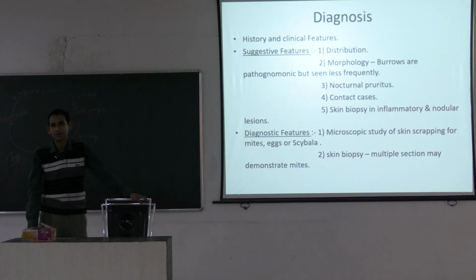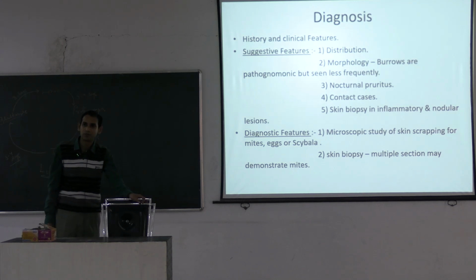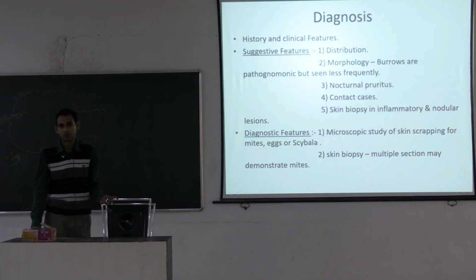Most of the cases are diagnosed by the history, clinical examination and classical distribution of the lesions. So, history and clinical examination are the most important aspects, and by the distribution of the lesions we can diagnose scabies. If you think of it, how will you diagnose it? The two most important points in the history are, number one, when the pruritus is occurring, and number two, whether all family members or close household members are affected or not. And the typical distribution of the lesions is the most important aspect.